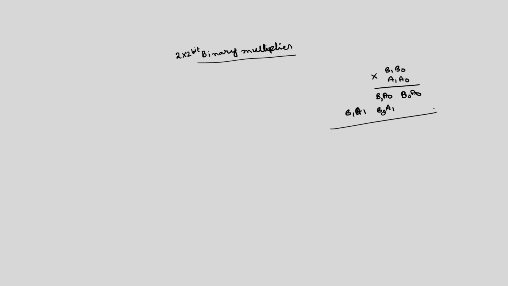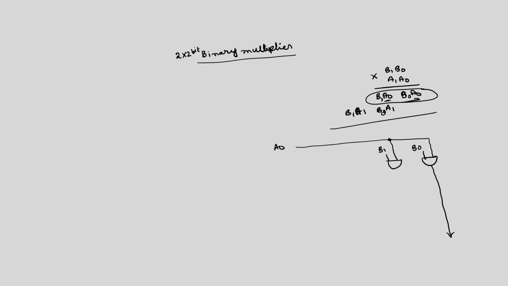So, how to implement this? This B0 A0 means simply an AND gate. Okay. So, you take two AND gates, where one input is common, which is A0 here. You give this A0 as one input. Two possibilities are, you have to give B0 at one place and B1 at another place. So, these two terms will be generated. This is, as it is, the final result.